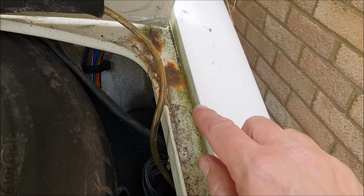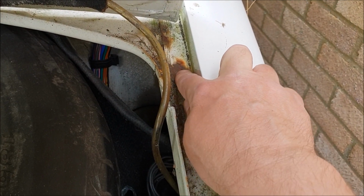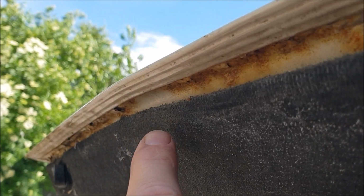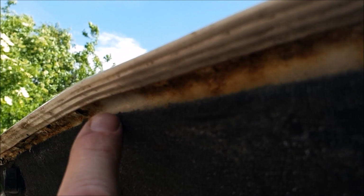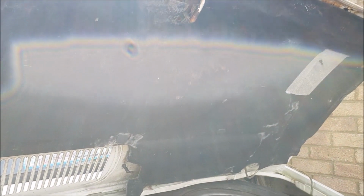So it's bits like this that are troubling me the most at the moment, so I'm going to clean those up and treat with some rust converter. Now you can also see some rust under the front lip of the bonnet there as well. Yeah, it's quite bad in places, so I think I'm going to try and do the bonnet at the same